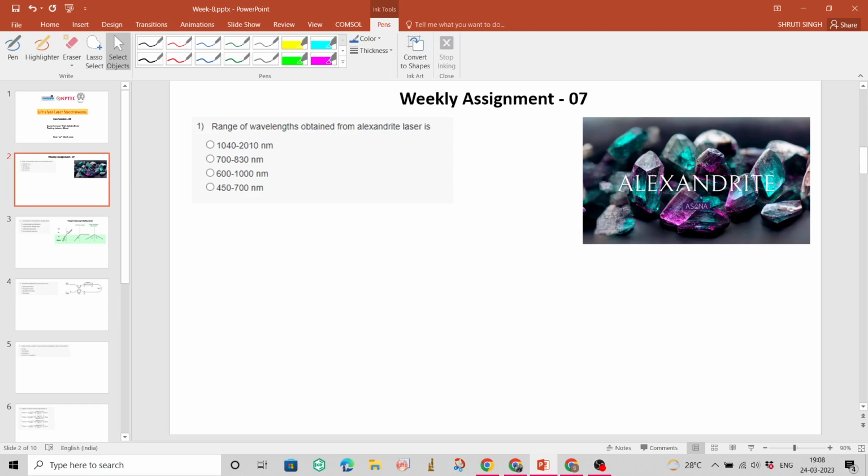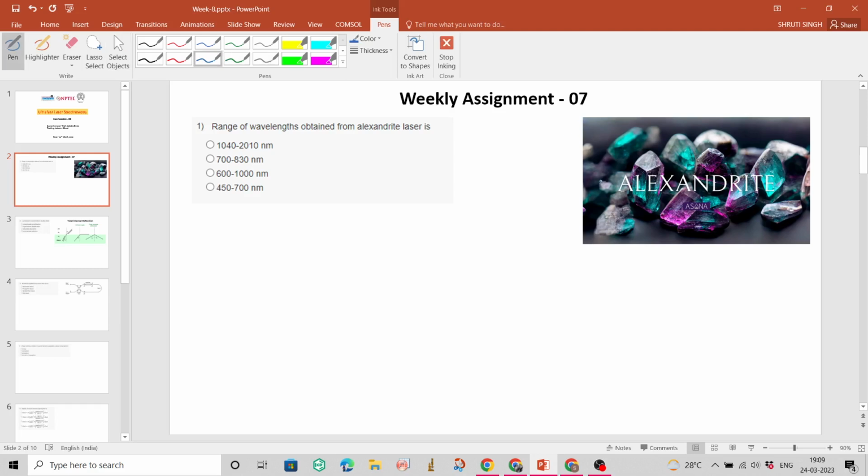The first question asks about the range of wavelengths obtained from Alexandrite laser: 1040 to 2010 nanometer, 700 to 830 nanometer, 600 to 1000 nanometer, 450 to 750 nanometer. So let's see what an Alexandrite laser is. Here you can see this image, it shows